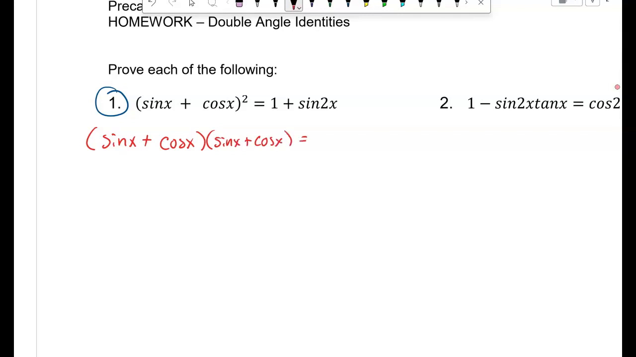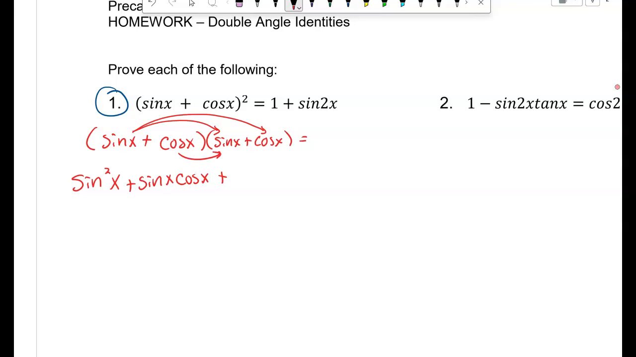Now, FOIL it. Make sure we have our equal sign. So guys, what's sine x times sine x? Sine squared x. Okay, I can write what you just said, sine squared x. That's sine x times sine x. Then we do outside. What's sine x times cosine x? Sine x, cosine x, plus,